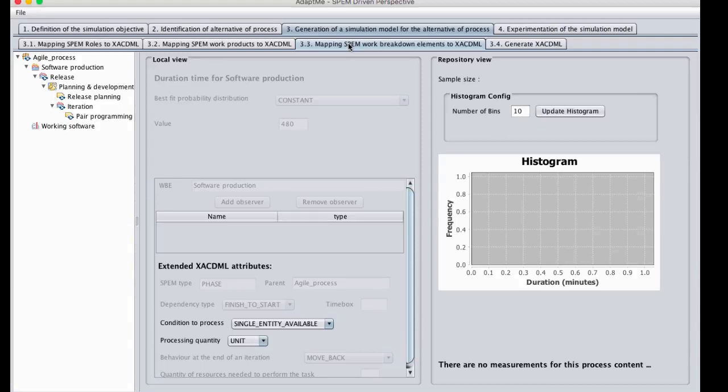We also use this interface to customize the generation of the XACDML model by providing quantitative data for several new attributes in extended XACDML. For each work breakdown element of the process on the left, we have the opportunity to configure the best fit distribution and estimated parameters for the duration of the element. The elements in the local view panel are automatically enabled or disabled based on the selected work breakdown element in the left panel. Let's start with our first work breakdown element,